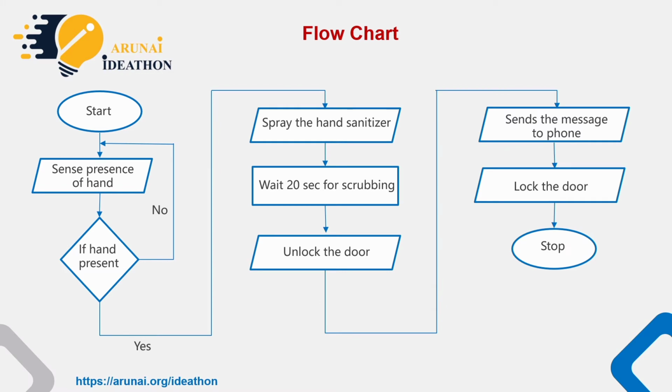Well, I'm here to give you the detailed explanation of how it works through a flowchart. So if we start, when we place a hand under the sensor, the ultrasonic sensor will sense the presence of an object. And we know here the object is our hand. Arduino receives a low distance reading and instructs the servo motor to activate and dispense the sanitizer. And it will also provide you a message and unlocks the door, or else the door remains locked. There also exists a condition where if a person doesn't sanitize her or his hand, it gives you an intimation or an alert message to do a sanitization.